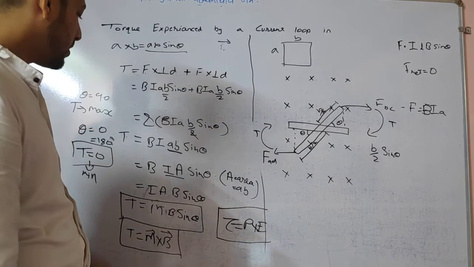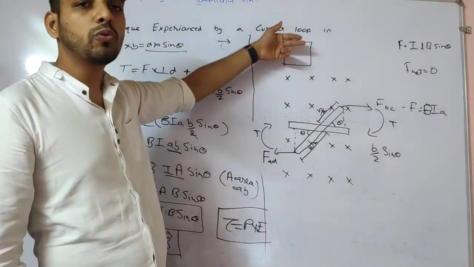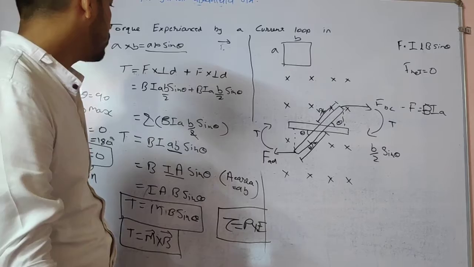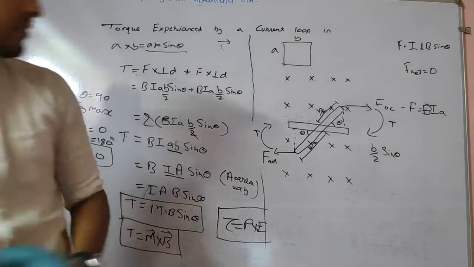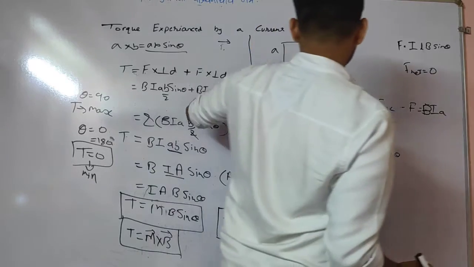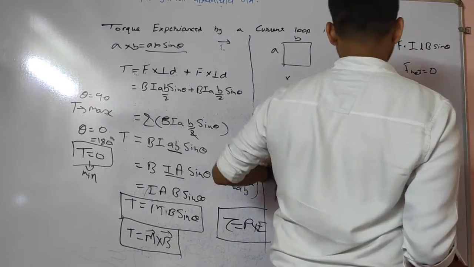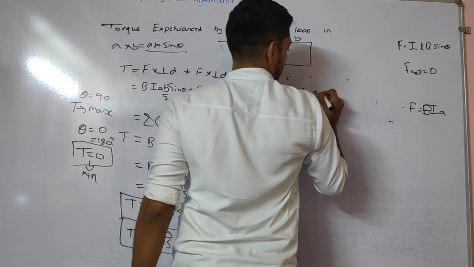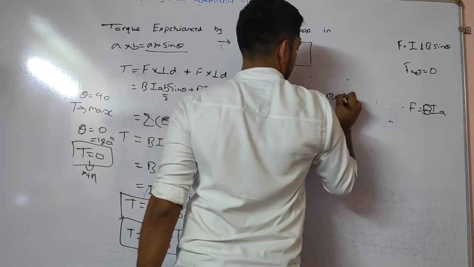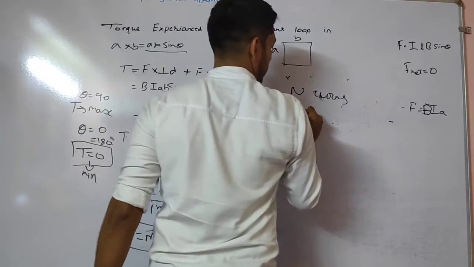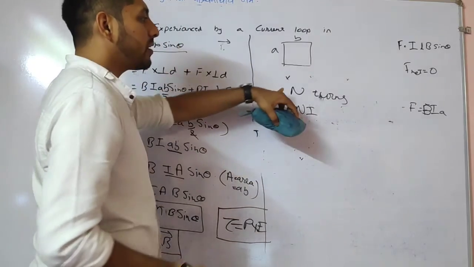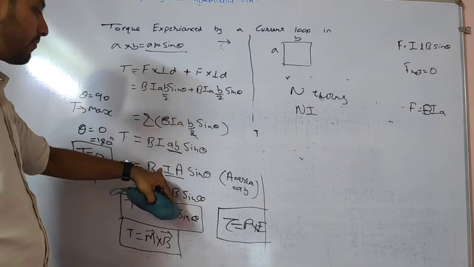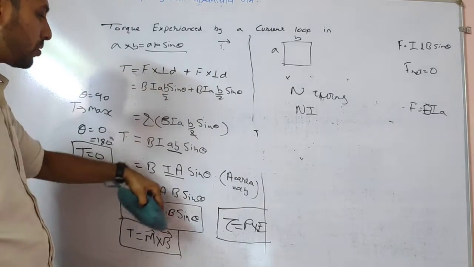Now here one thing we have seen, that if there is only one loop, the current will be I. Suppose instead of one loop we take n loops. Just a second. I hope you all have copied this. I'll rub this out. If there are n turns, then current will be equal to Ni. In one turn if the current is I, then for n turns current will be Ni. So from everywhere, instead of I, I need to put Ni.